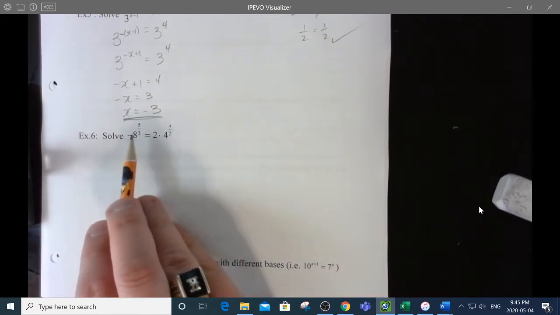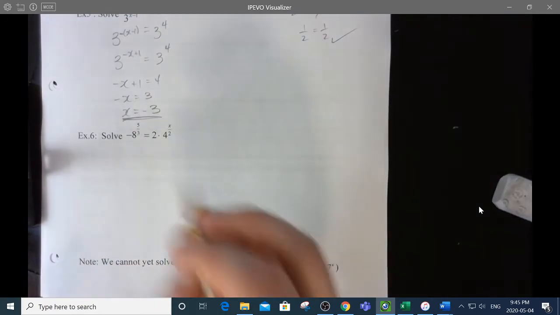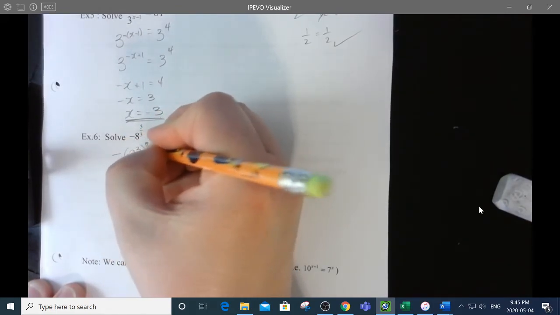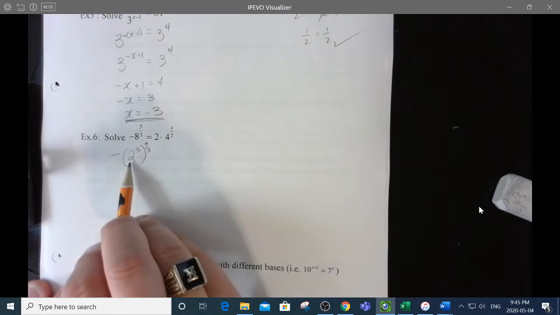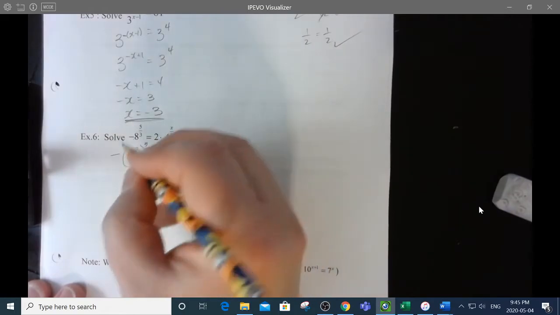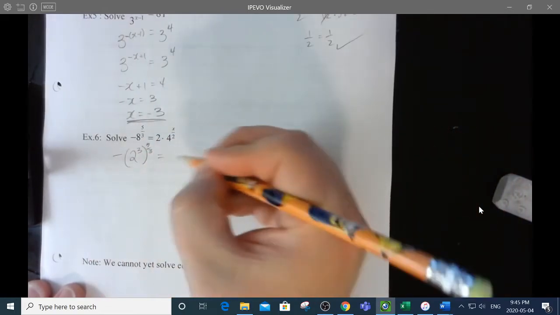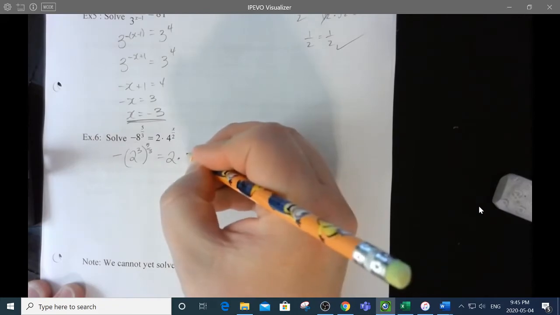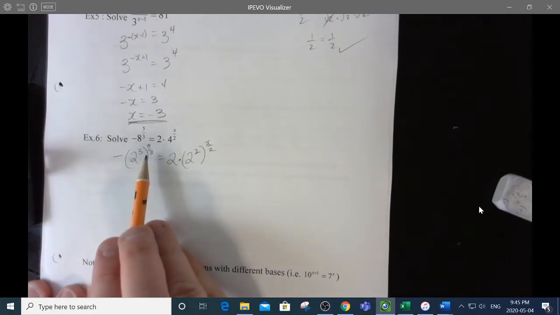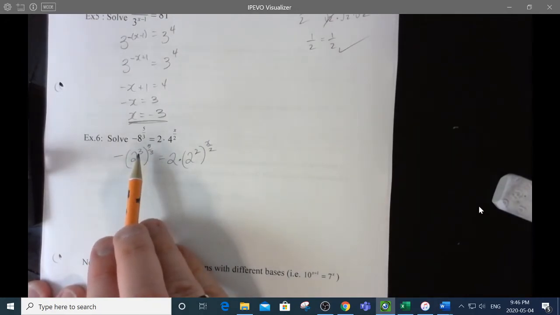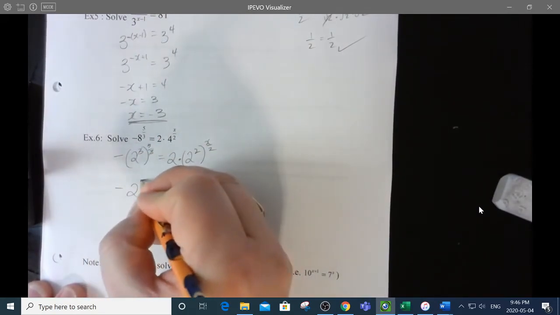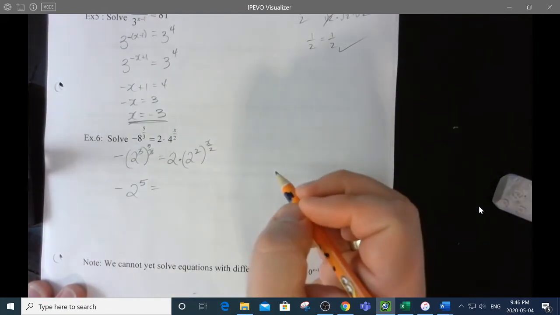Does this negative get affected by this power? No, it doesn't. So this is the negative of 2 cubed to the 5/3. Make sure you don't shove that negative into this bracket when you do a question like this, okay? Because in this case, it wasn't part of the base. Over here, that's 2 times 2 squared to the power of x over 2. Okay. Remember how you do power of a power? You multiply those exponents. So 3 times 5/3, those 3's actually, you could say, cancel. So that's going to be 2 to the 5 with a negative out front is equal to,